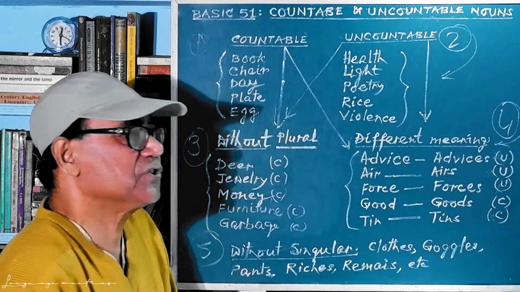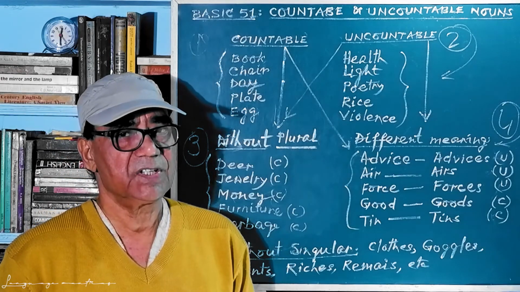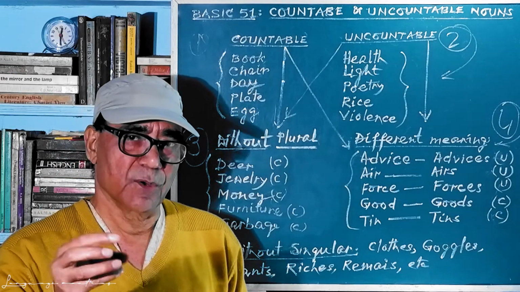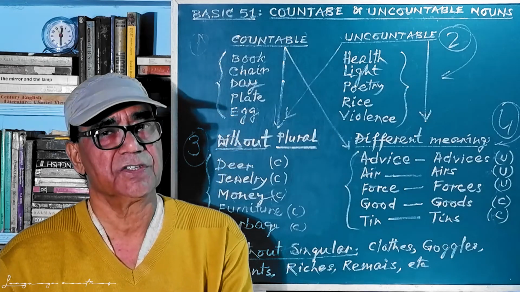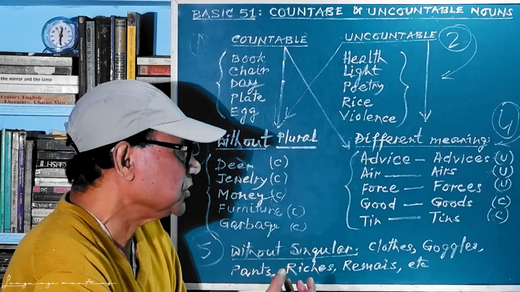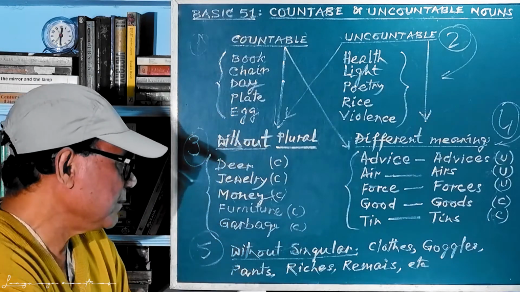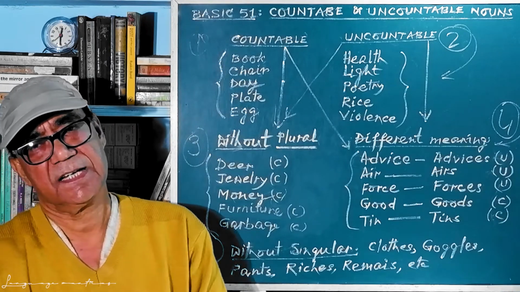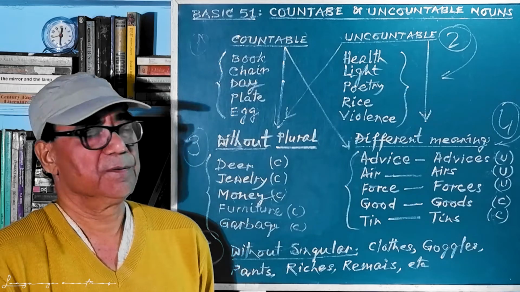Now, tin and tins. Tin is the metal, but tins are the containers made of tin. In my kitchen, there are many tins. That means many tin containers. Another group is there. Some nouns, interestingly, do not have their singular forms. For example,